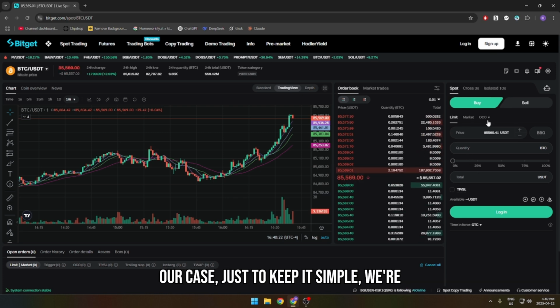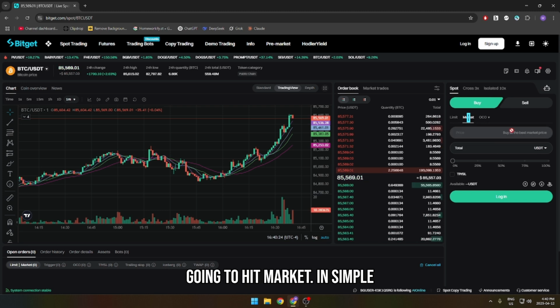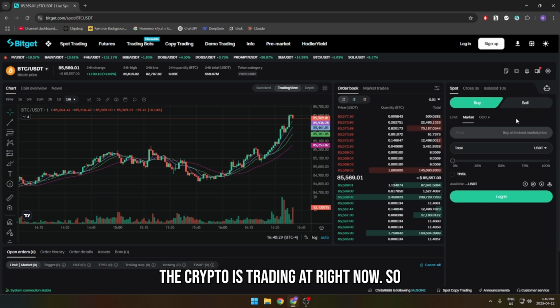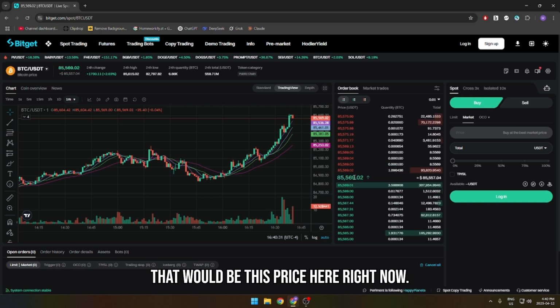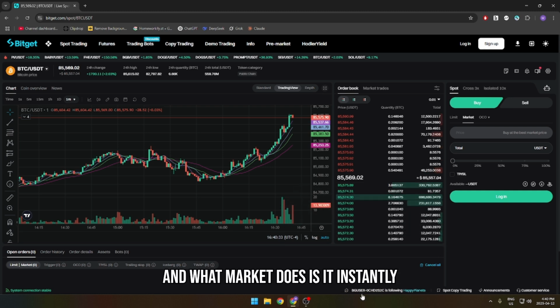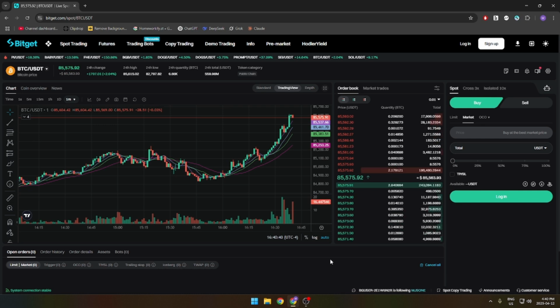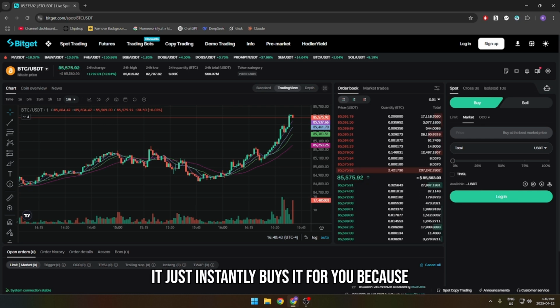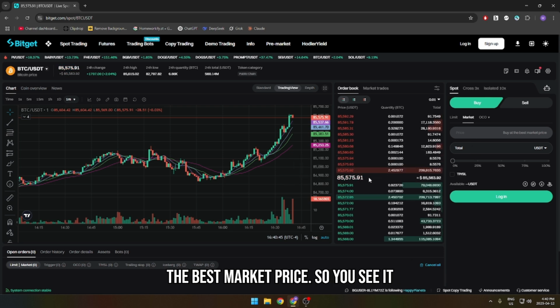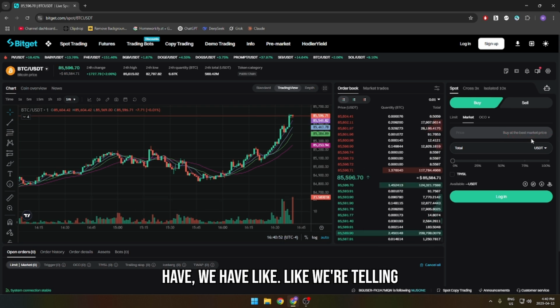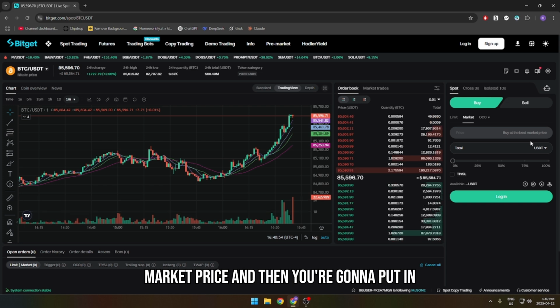In our case, just to keep it simple, we're going to hit market. In simple terms, market just means the best price the crypto is trading at right now. So that would be this price here right now. And what market does is it instantly fills the order. It doesn't wait for the price to reach a certain trigger point. It just instantly buys it for you because we're selecting market, and it just takes the best market price. So you see, it just says buy at the best market price. We're telling Bitget to just buy for us at the best market price,